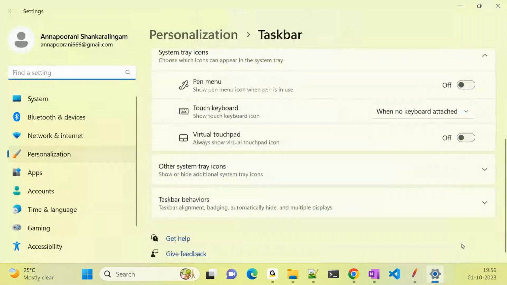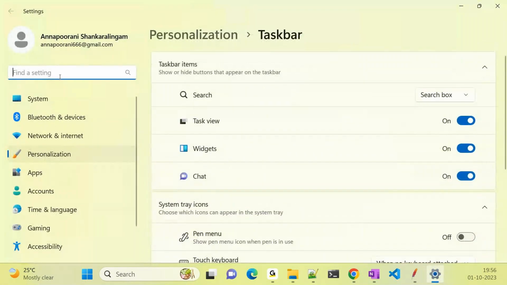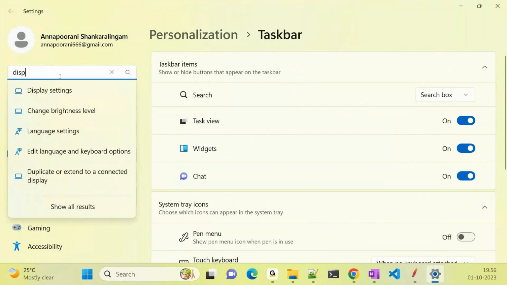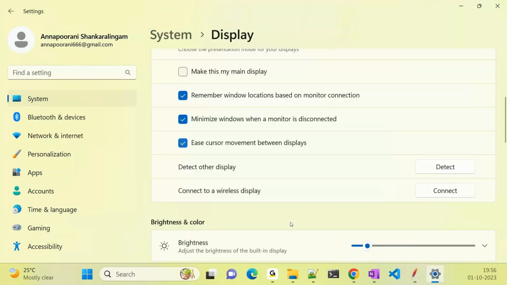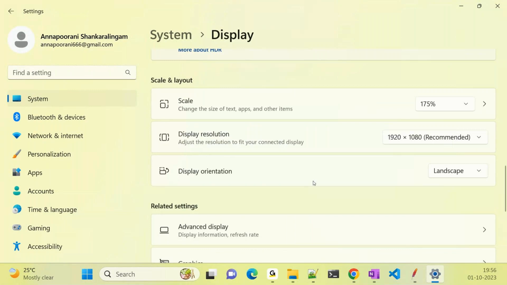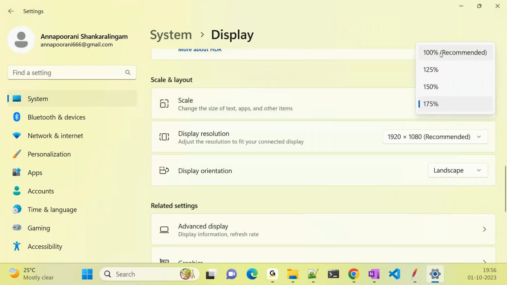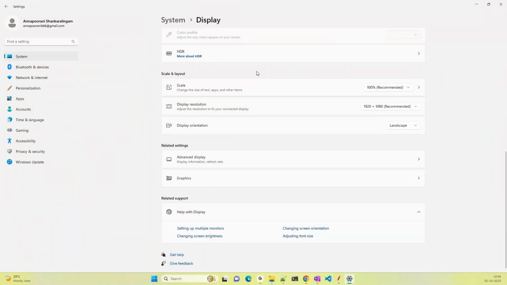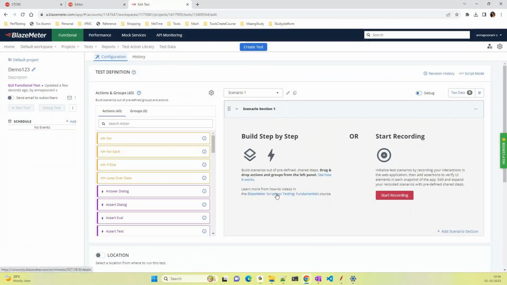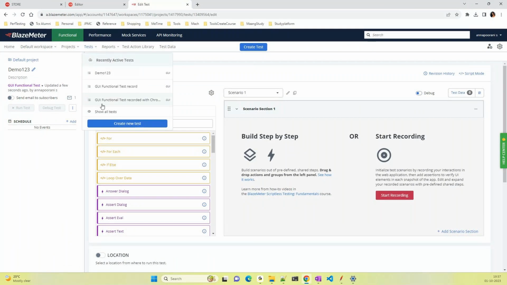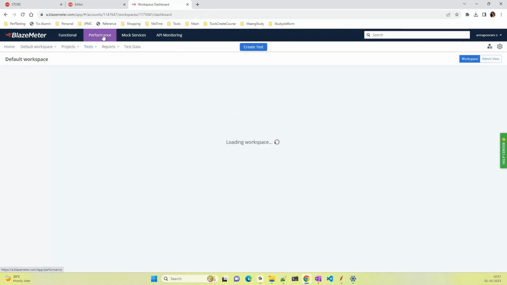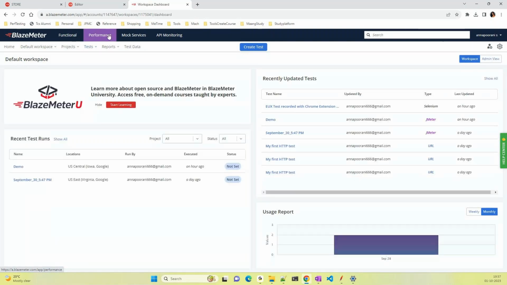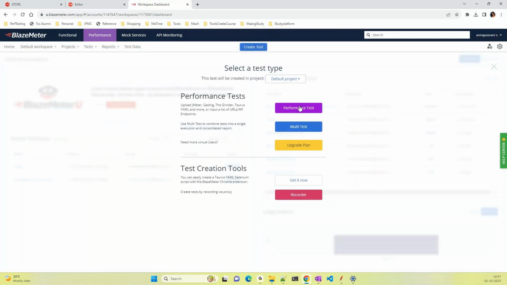Now it's time to change the display setting. So here under, let me open a test. Okay, I'm inside the functional tab. So I'm going to the performance tab, and here I'm going to create a test. So create a performance test,